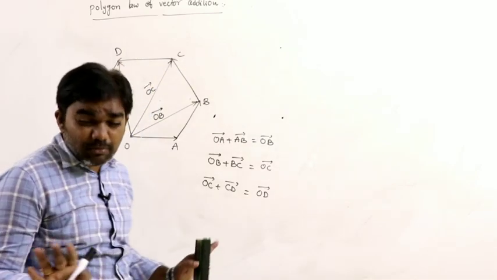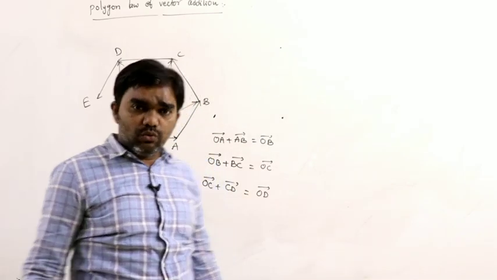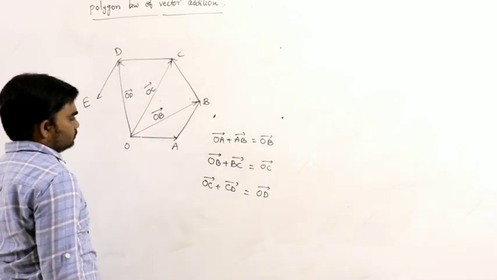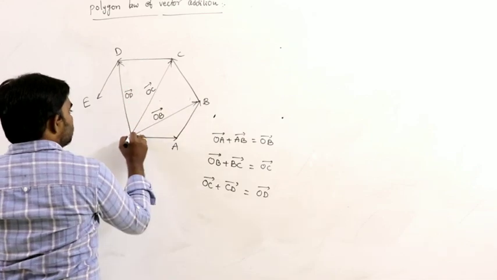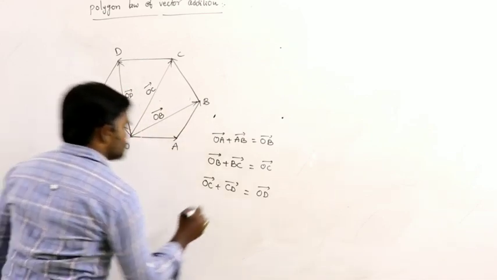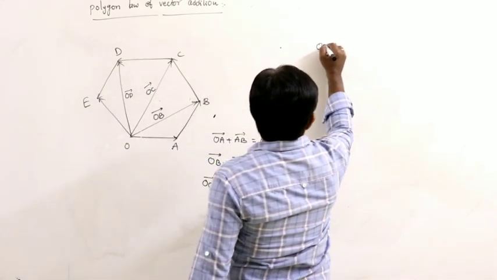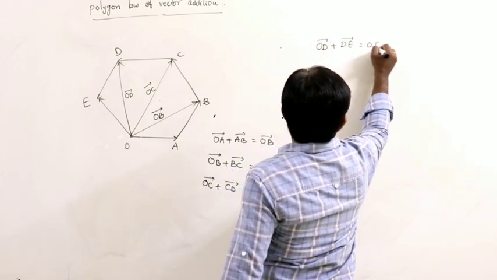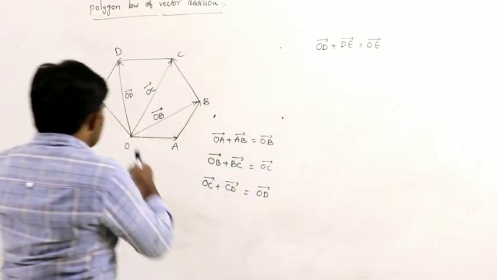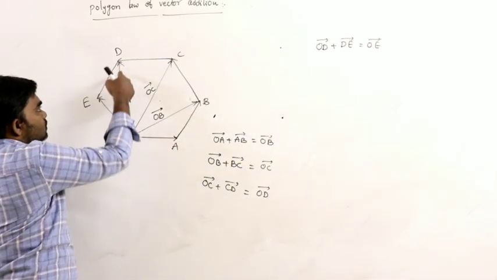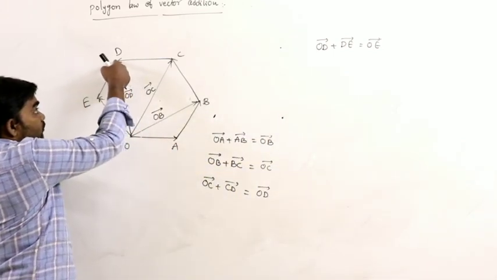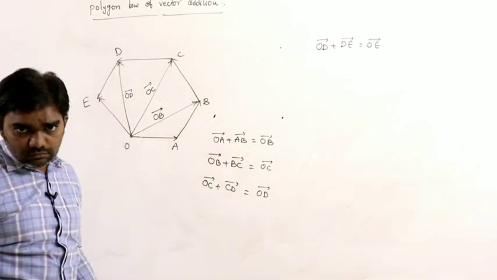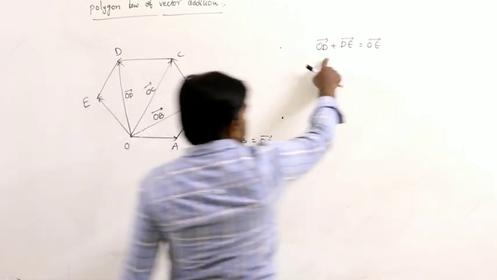We are just discussing according to vector addition. So OC bar plus CD bar gives OD bar. Next, OD bar plus DE bar gives OE bar. So this is the first vector OD bar, and the second vector starts from the final point of the first vector, which gives OE bar. So now OD bar plus D, what is OD?